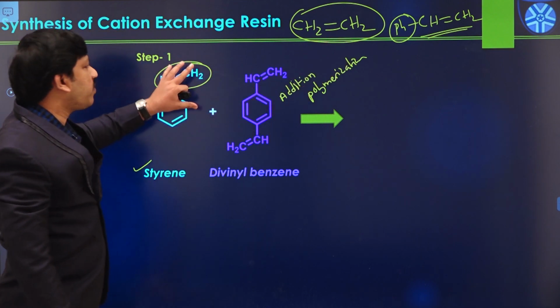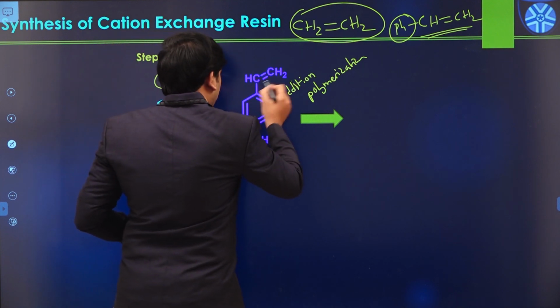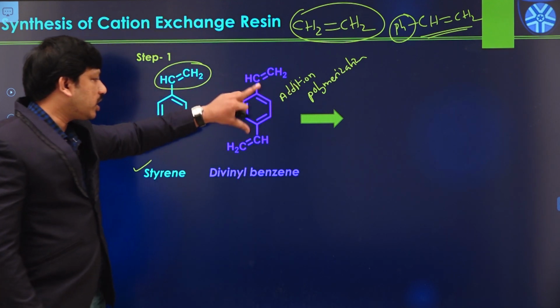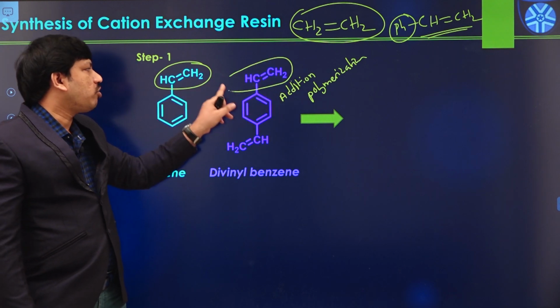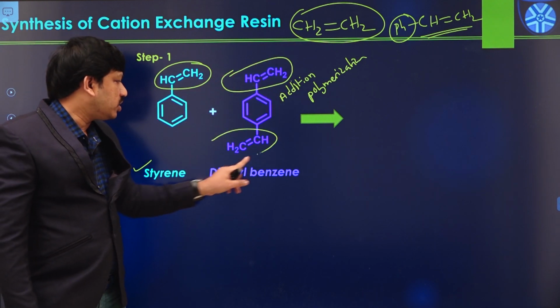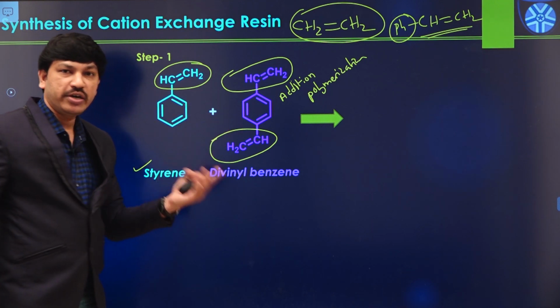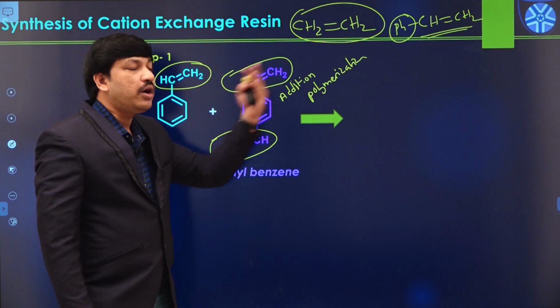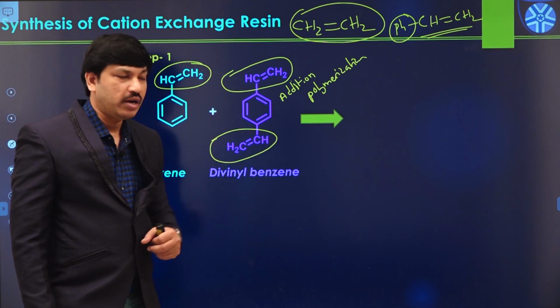So that means it is also one of the unsaturated monomers. And if you can see this one also, this is actually a divinyl group. So in this case we have two such types of groups. So CH2 double bond CH2, these are also CH double bond CH2 only. So that means both are unsaturated compounds. They can easily undergo polymerization process in the presence of heat or in the presence of free radical agent, something like that.